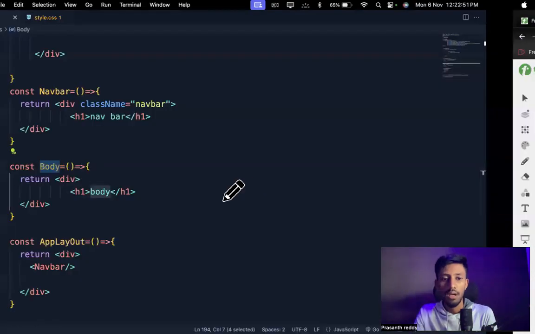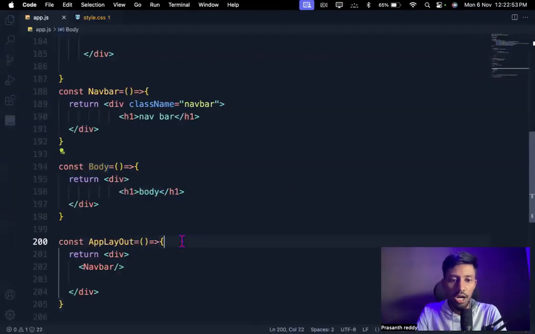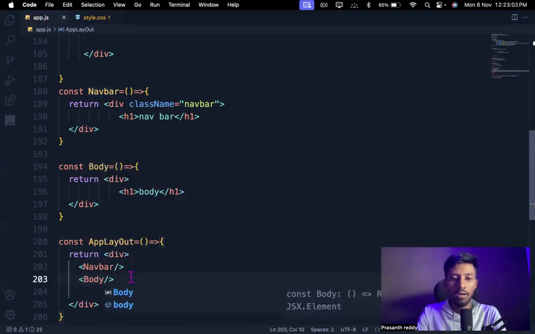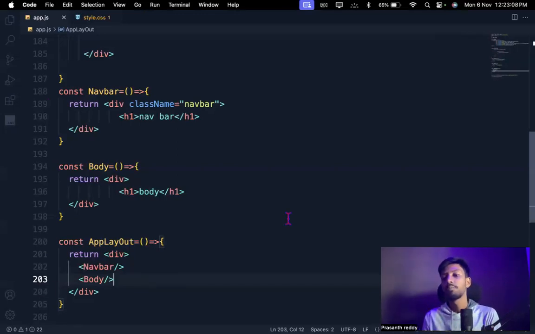Let's push this. How to push this? Copy and paste here, capital B, Body. Done. The body is also pushed.